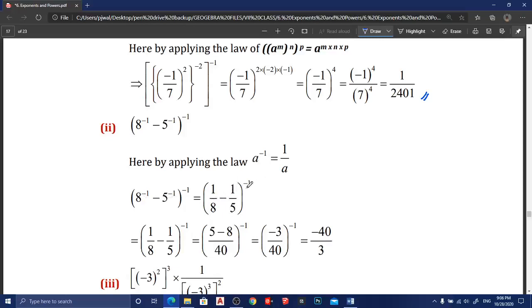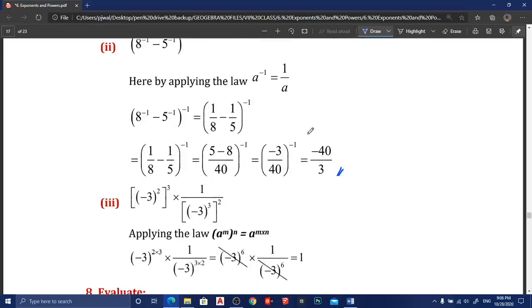So keep this minus 1 up to the simplification of the internal term. So take the LCM of this. You know how to take the LCM, just the cross multiplication method you can use. 5 1s are 5, minus 8 1s are 8, by 8 5s are 40. You have to multiply the denominators also. So 5 minus 8 is how much? Minus 3 by 40 to the power of minus 1. So what is the inverse of this one? What is the reciprocal of this one? Minus 40 by 3 only. Simply you can write minus 40 by 3 as the inverse of this one. Good.